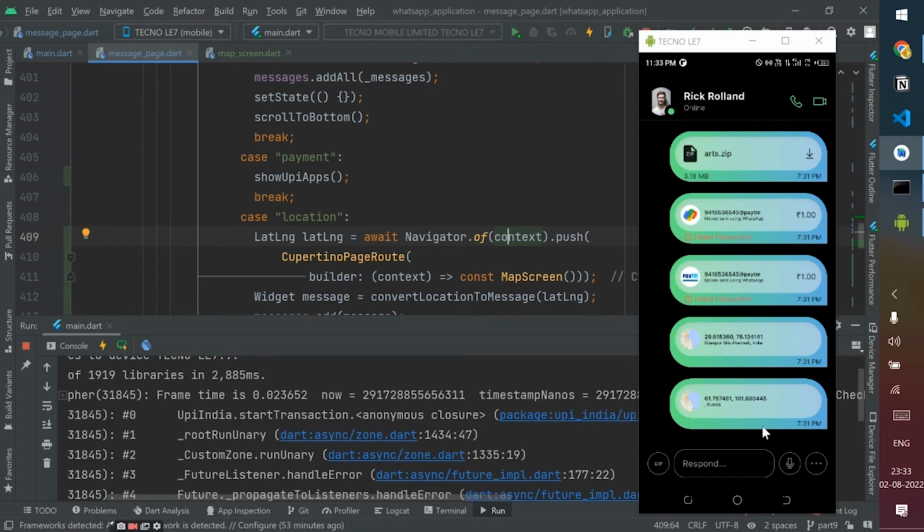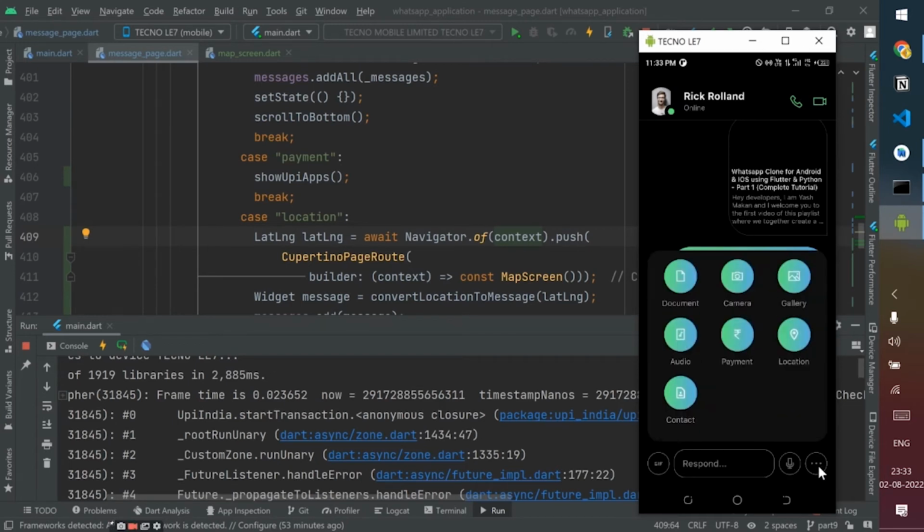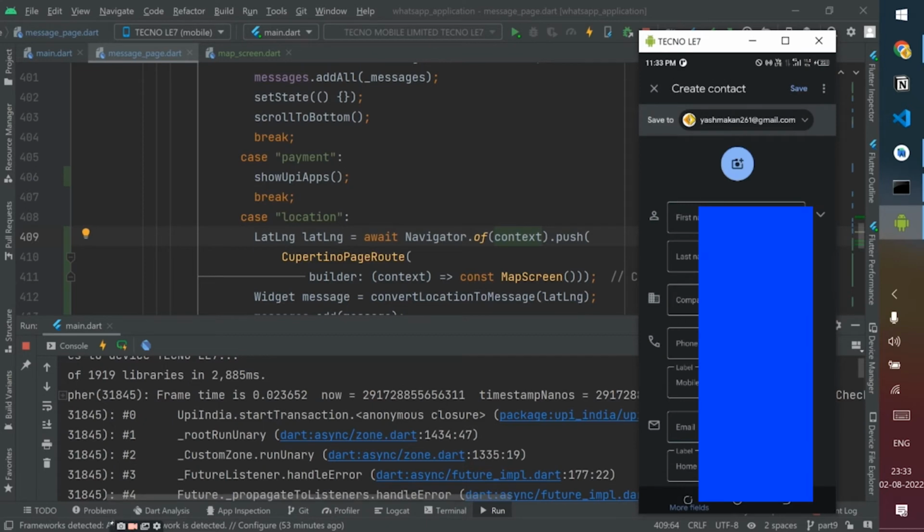Awesome. So this is how we can pass the location. Also, I have integrated the contact. So now if you go here, you can see that we are having the contacts. Now these contacts are from my original phone, so I can't show these right now. So basically you can click on new contact and then create a new contact as well, and